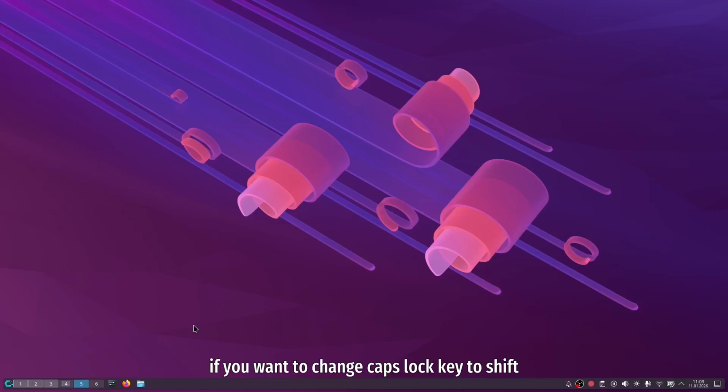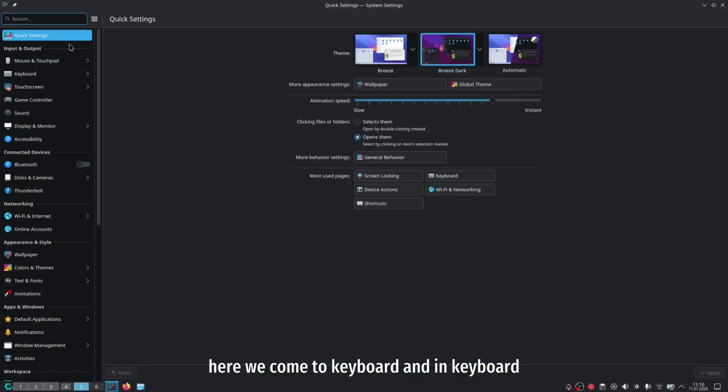If you want to change the caps lock key to shift or vice versa, or for example if you want to change the right shift key to control, there is an easy way to do this in KDE. So I will show you this. We open system settings, and here we come to keyboard,